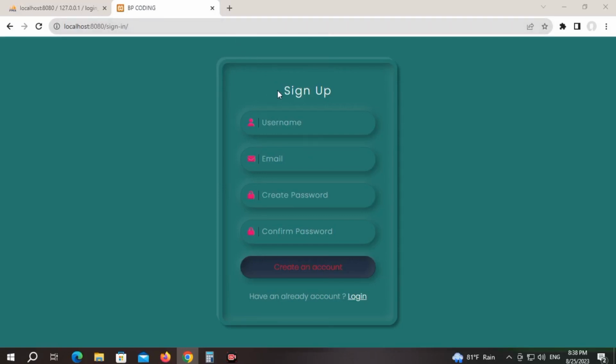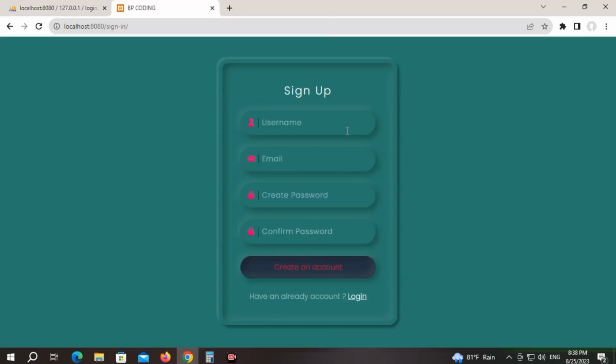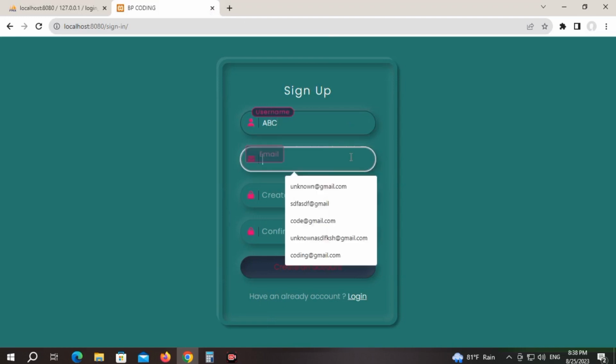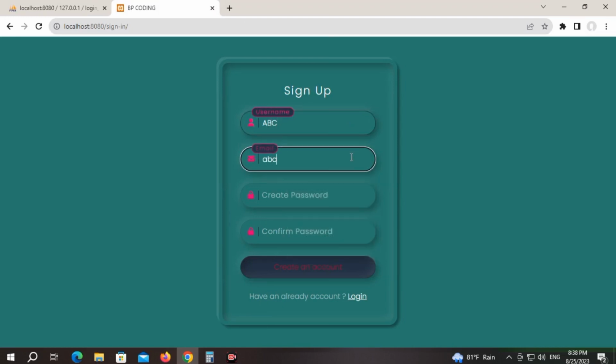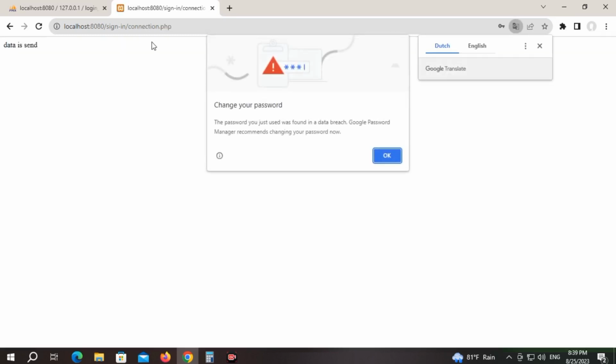So guys, this is our final output here, and this is our database. If user fills this form like this, like ABC username, and email section abc@gmail.com, and password section 123456789. If user fills this form and clicks on create account, so our data is successfully sent in our